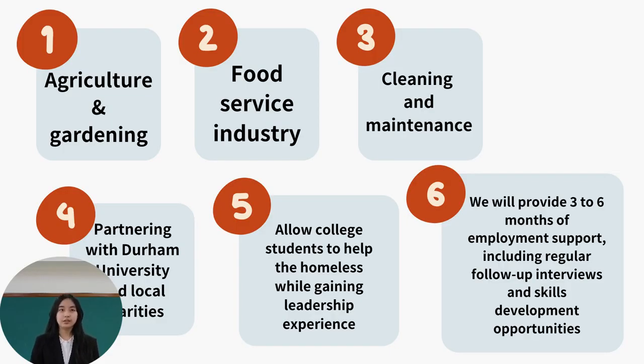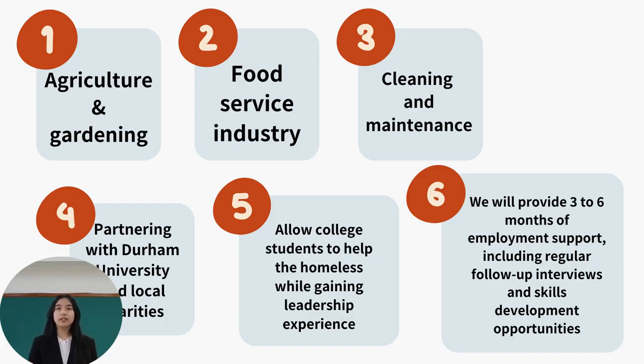Considering the average unemployment period of 2 to 6 months, each homeless person will receive support for 2 months. If they can find a job in the first month and their salary is enough to cover the rent and basic living expenses, we will stop supporting them, and they will be responsible for rent and utilities starting the next month. We will reassess the person's situation every 2 months and determine if they should continue receiving support.